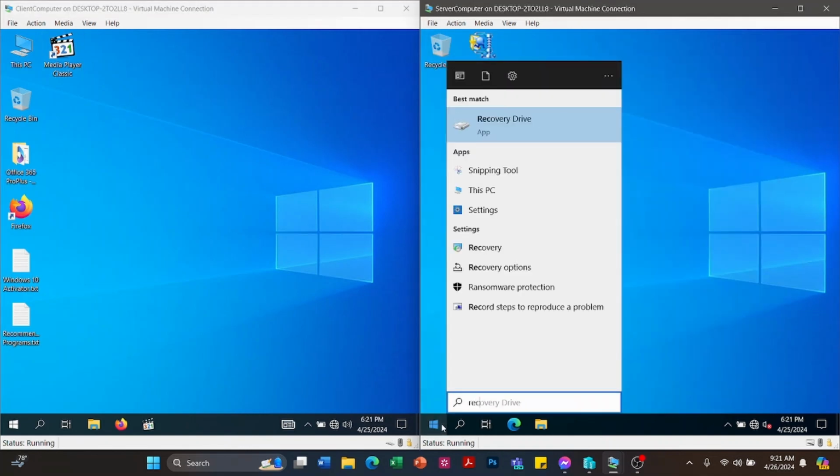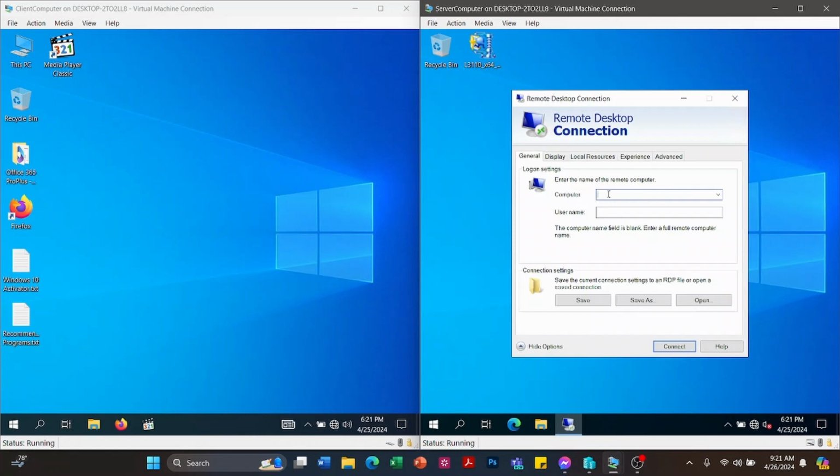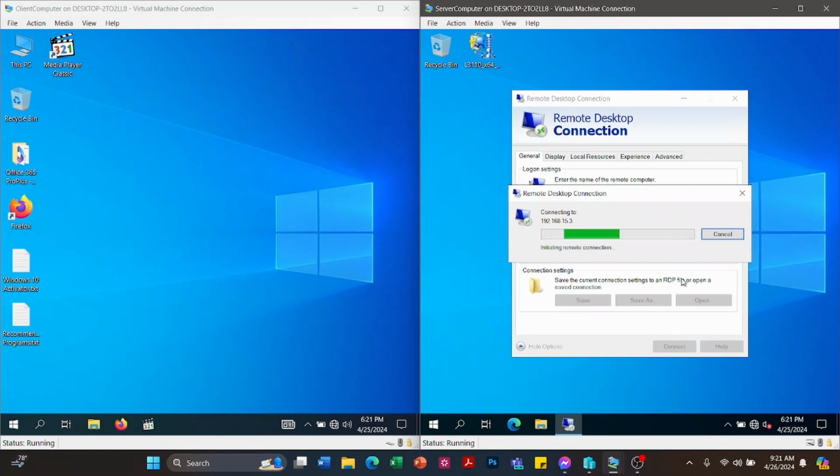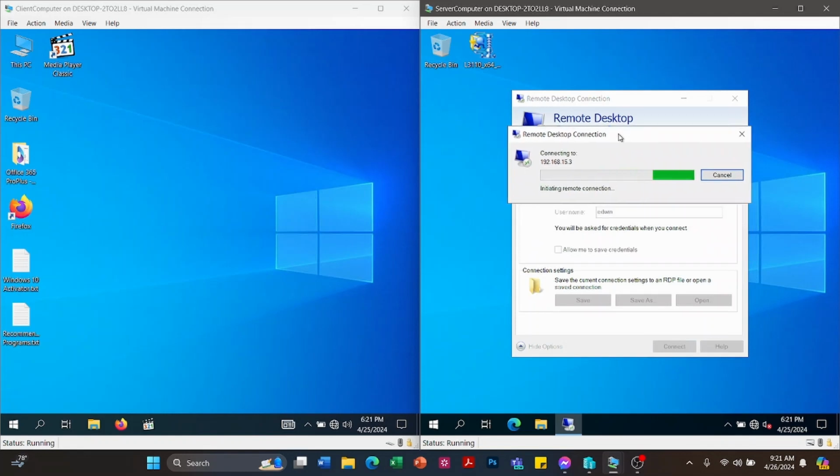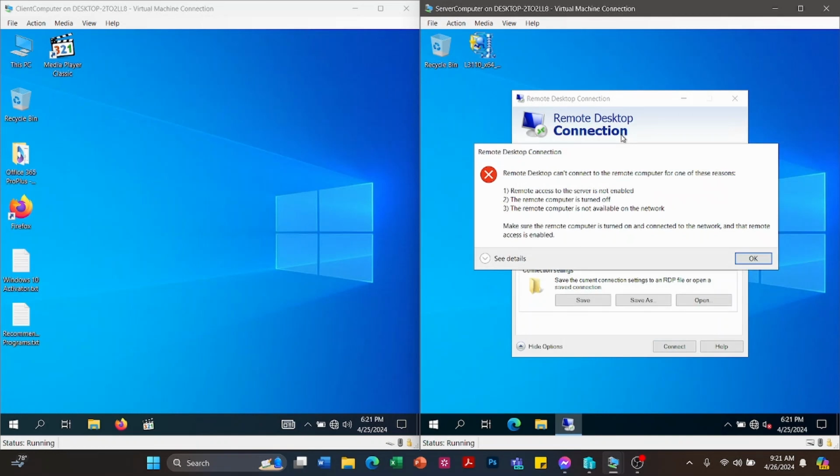So let's reconnect the remote desktop again. So let's attempt to connect again. So 192.168.15.3, password, admin. Sorry. So enter the admin computer. Okay, so we still have a problem here.